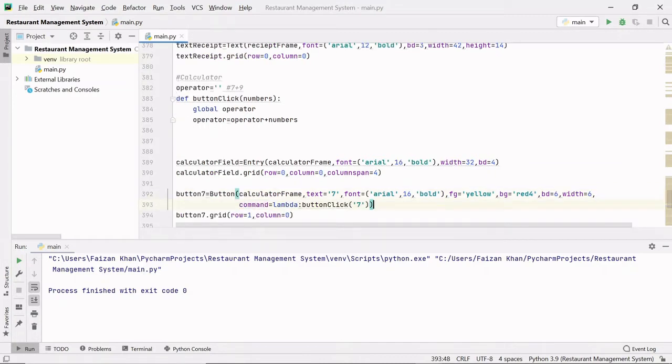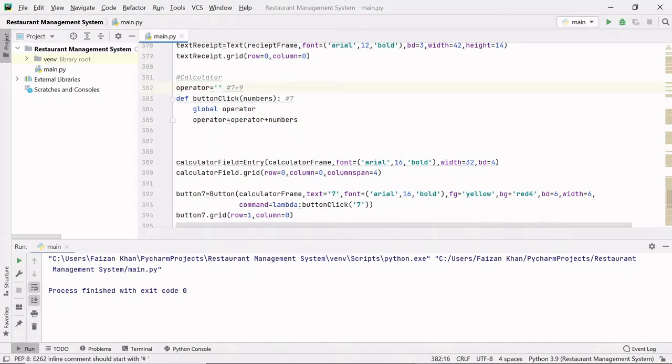So what will happen here, whenever you will click button 7, this button click function will be called, and this 7 will be passed to this numbers variable. So inside this numbers variable we will have 7. Then initially this operator variable is having null, so null plus 7 will be 7, right? And that 7 will be inside this operator variable.